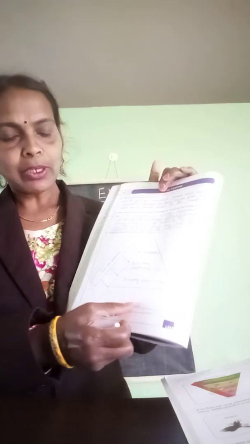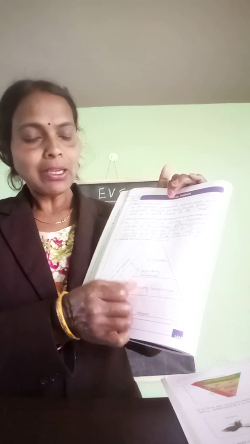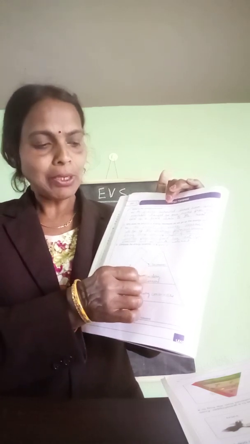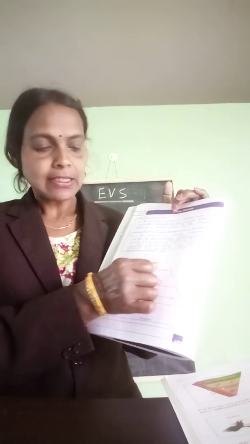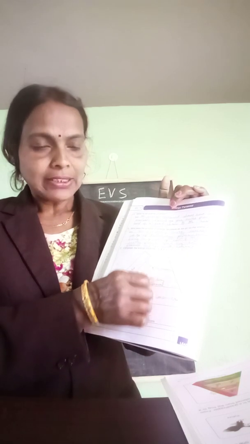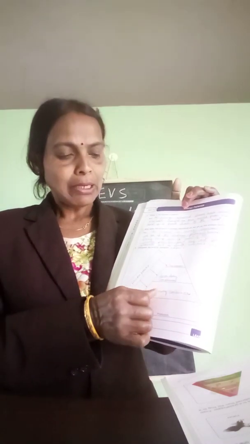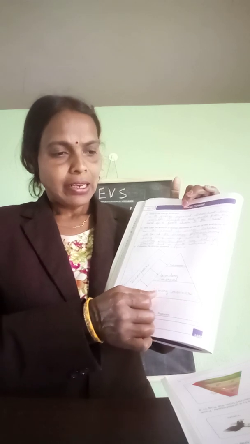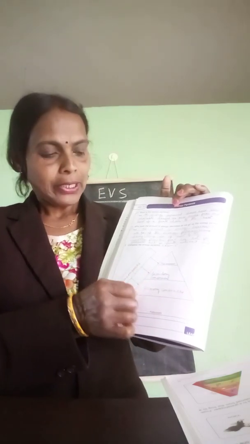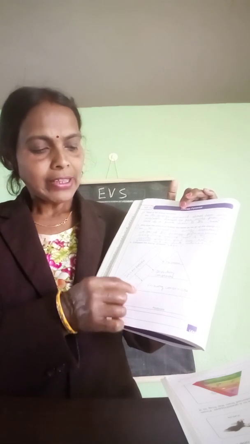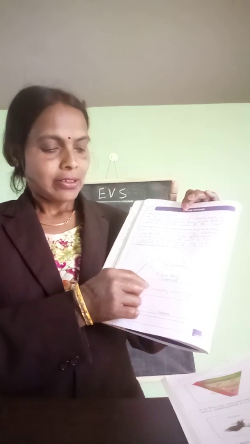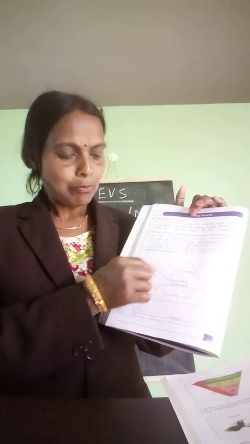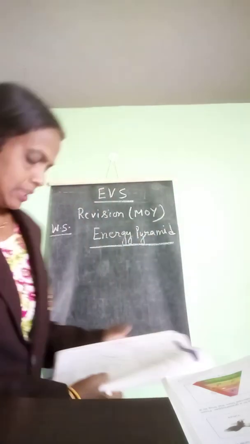So we know in the energy pyramid, down is the producer. It is eaten by primary consumer. Primary consumer is eaten by secondary consumer, and secondary consumer is eaten by tertiary or top predators. So this is the energy pyramid. It shows how energy available changes from one level to the next level. Okay. Now after this, when these things die, they will mix in the soil with the help of decomposer.